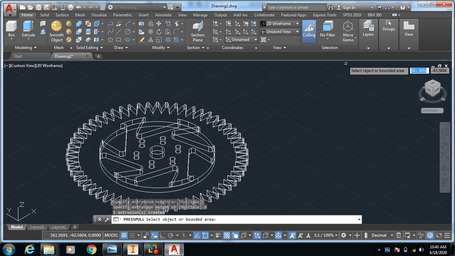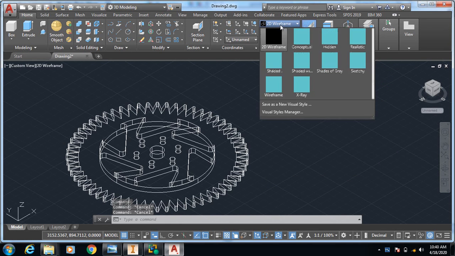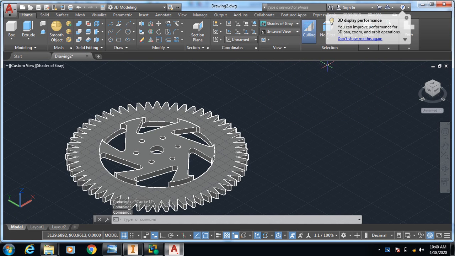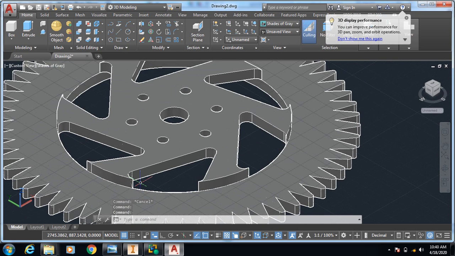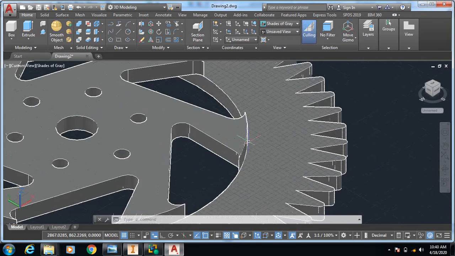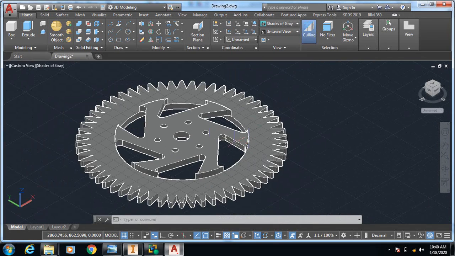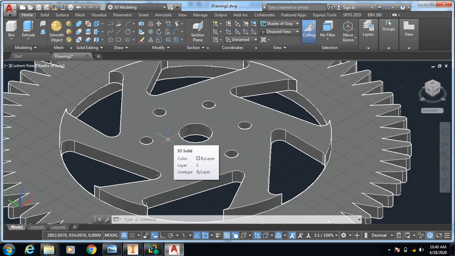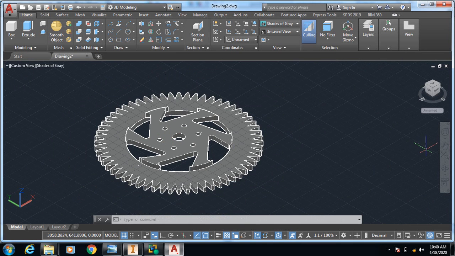Almost we have done with this. Go into the 3D view. Okay, press out of the command first. We have a slightly better view.